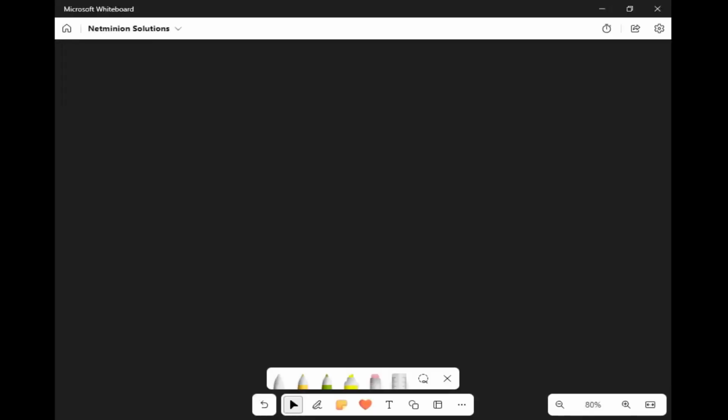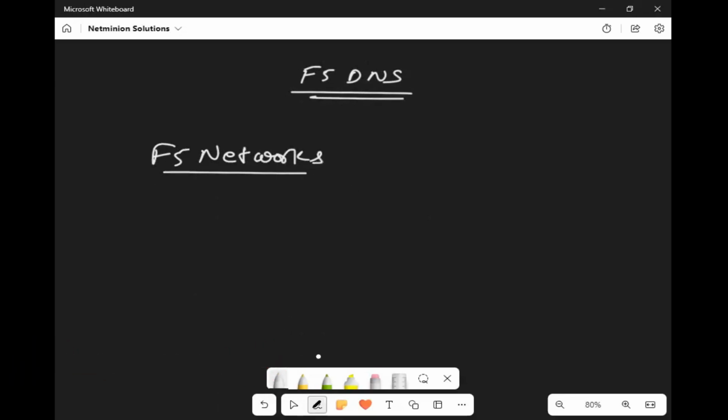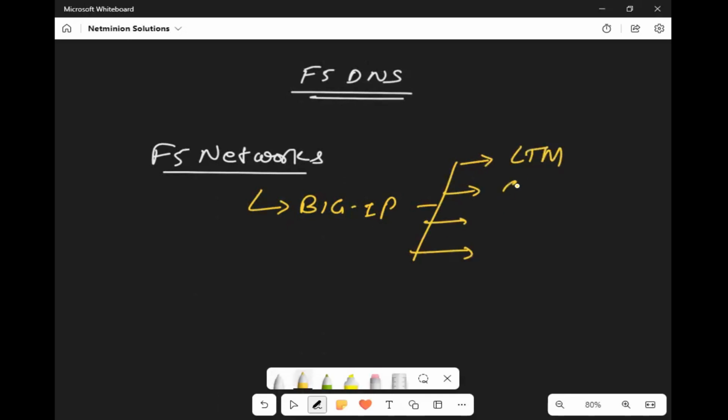and how F5 works. Then probably we will discuss how F5 is a different DNS solution. But currently, if I talk about F5 Networks, it is a company or organization, and F5 Networks provides a lot of product suites. One of the product suite families is BIG-IP, out of which there can be n number of products. Let me name a couple of them, like LTM, GTM, ASM, APM, AFM,